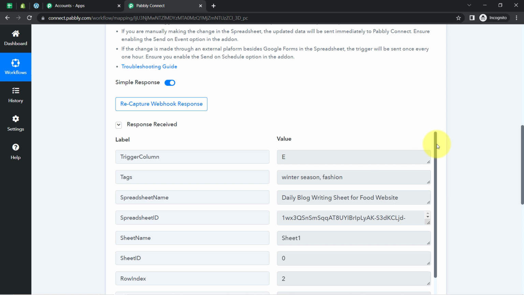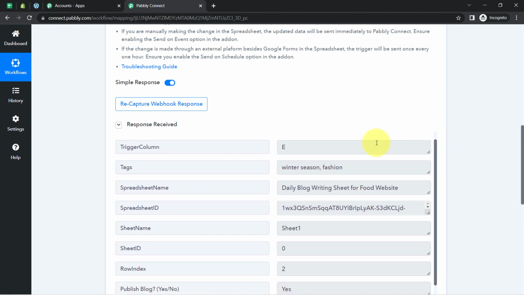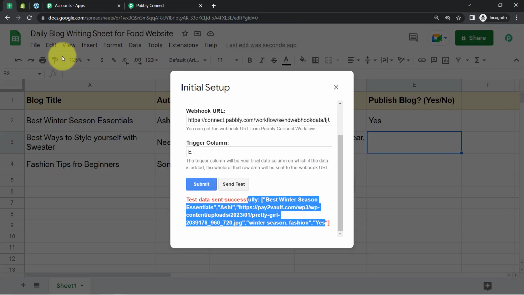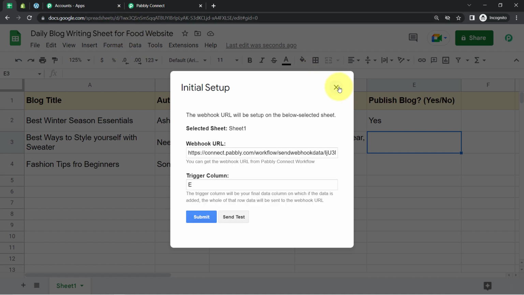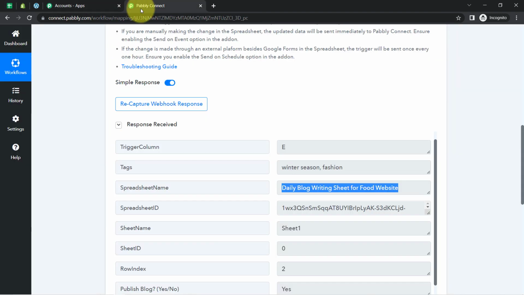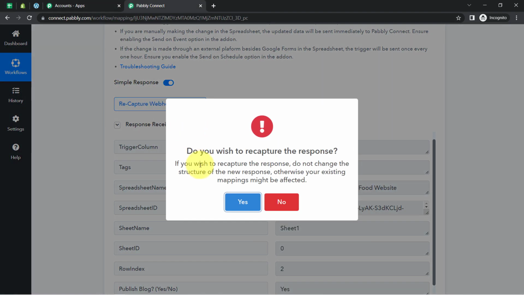Here, let me even show you the details one by one. Okay, so trigger column, yes, it was E only. Here we have the tags, here we have the spreadsheet name, daily blog writing sheet for the food website. Well, in place of food website, I think I should rename my spreadsheet, because this is not for the food website, it is actually for the fashion website. Okay, so I have changed the name,